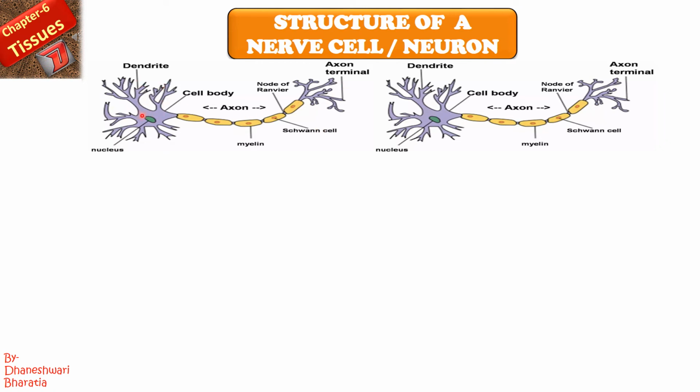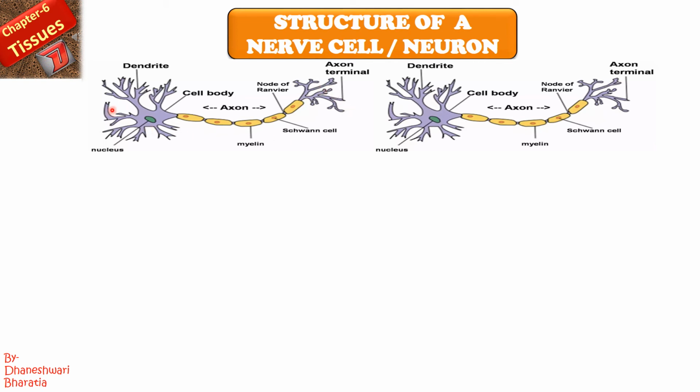Yes, now here you can see the leaf-like structure, that is the dendrite. After that, this is the cell body which is made up of cytoplasm and the nucleus, followed by a long thread-like structure called axon. Now this axon is surrounded by myelin sheath which is made up of Schwann cells. In between this myelin sheath you can see a node of Ranvier, and at the end the axon terminal, or neuroterminal, or neuron end. Okay, nerve endings, you can say it like that also.